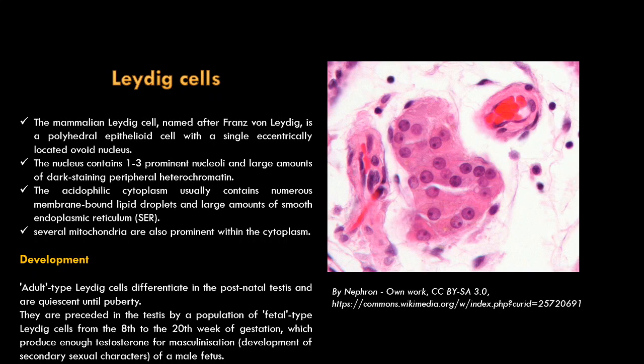So students, you have to understand there are two types of Leydig cells. First is the fetal type of Leydig cells, which are present in the embryo, and then there is the adult type of Leydig cells. In the embryo, there is requirement for production of testosterone that is done by the fetal type. In the embryo or the fetus, there should be development of some secondary sexual characters that is brought about by the testosterone produced by the fetal type of Leydig cells. Whereas the adult type is present in the male organism after birth, but they are in a dormant stage until puberty.